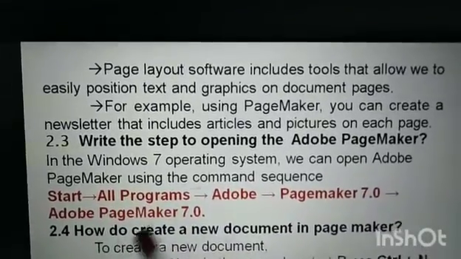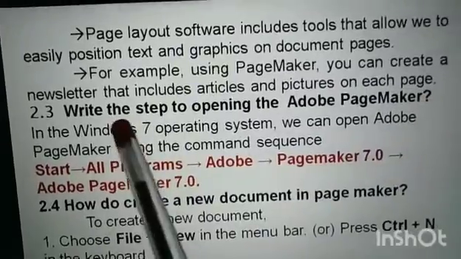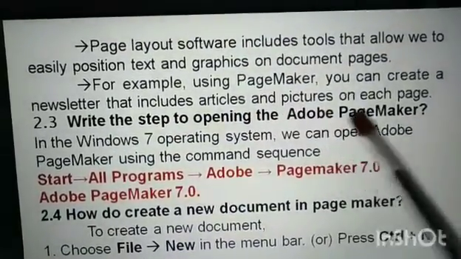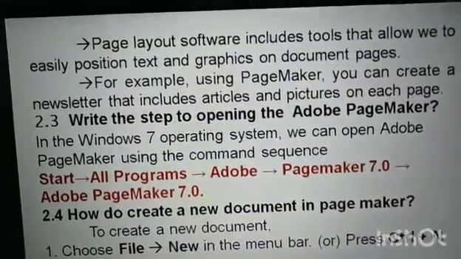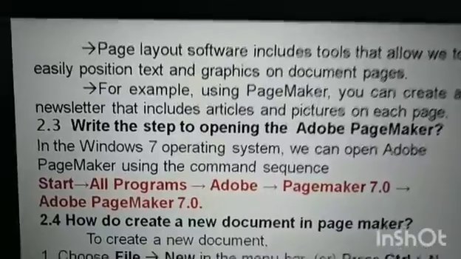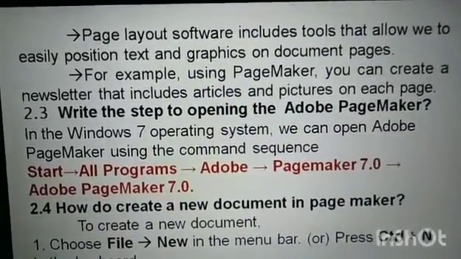For example, using PageMaker, you can create a newsletter that includes articles and pictures on each page.